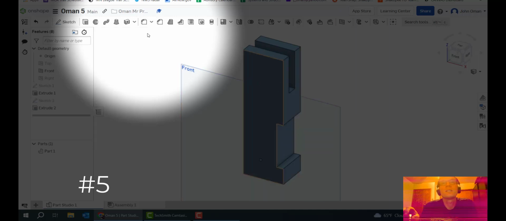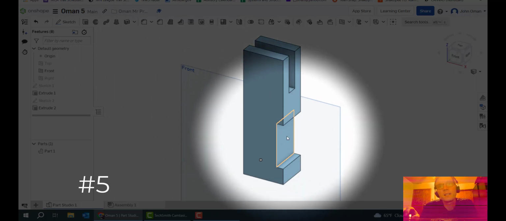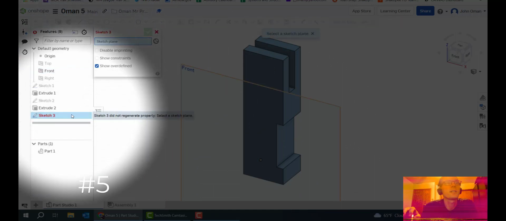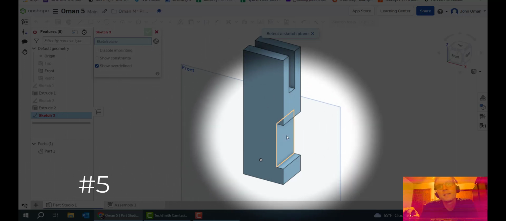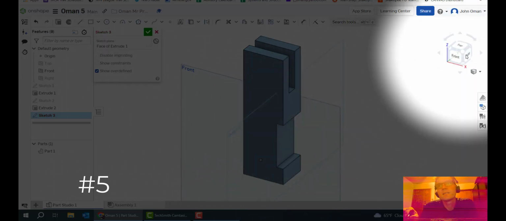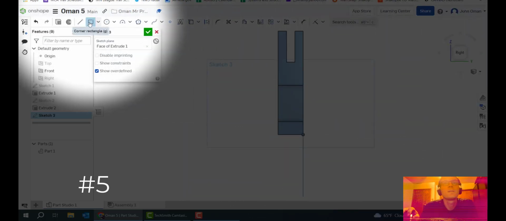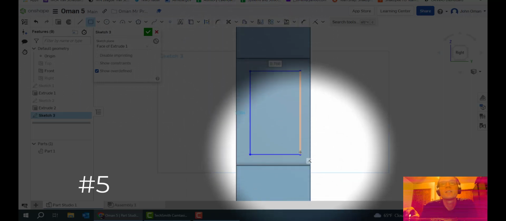Okay, so we're 2/3 done. We got the main block, we got the upper cutout. Now we got to cut a rectangle out of this face down here, and that's going to be a through all as well. So start another sketch. This will be sketch 3 in your history over here. Pick that face, turn it, rectangle, sketch it,